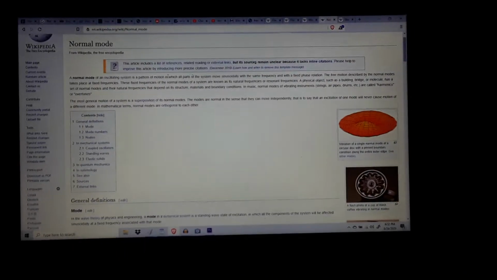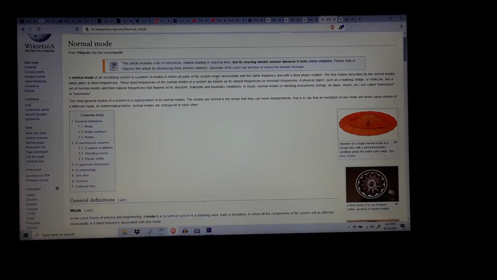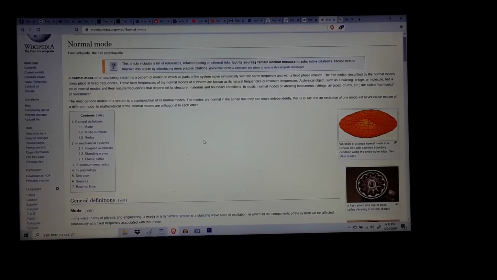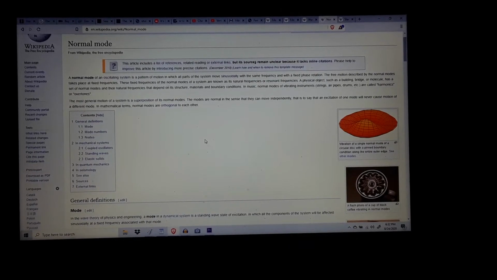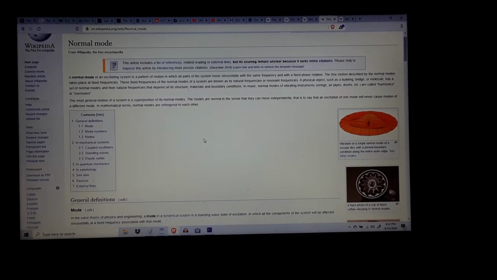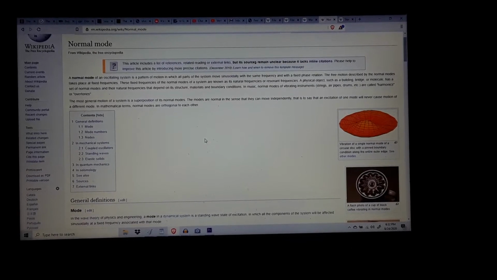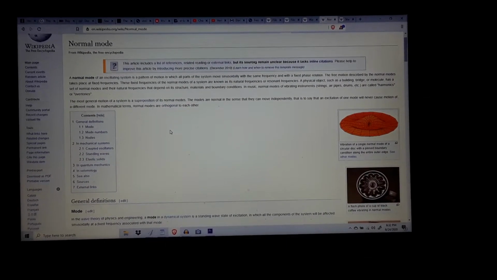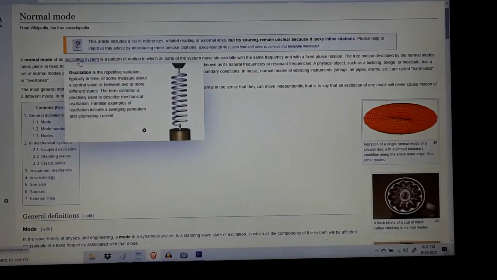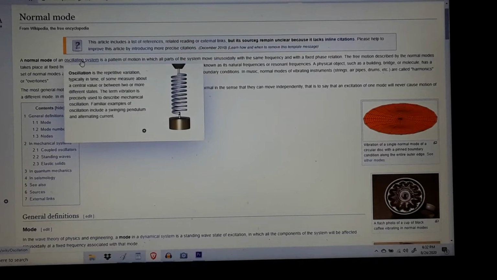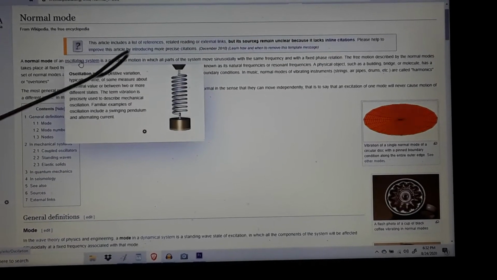So we're talking about normal mode. All right. So these are the modes. This is an explanation, still an explanation of what the modes are, but you got to understand how they are scientifically, actually, technically created before you can understand really, truly what those colors on the graph mean. All right. So it says a normal mode of an oscillating system is a pattern of motion in which all parts of the system move